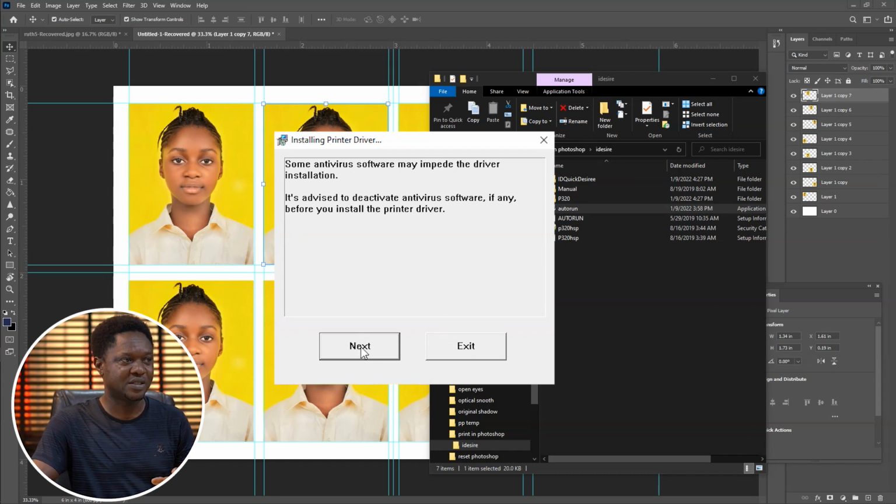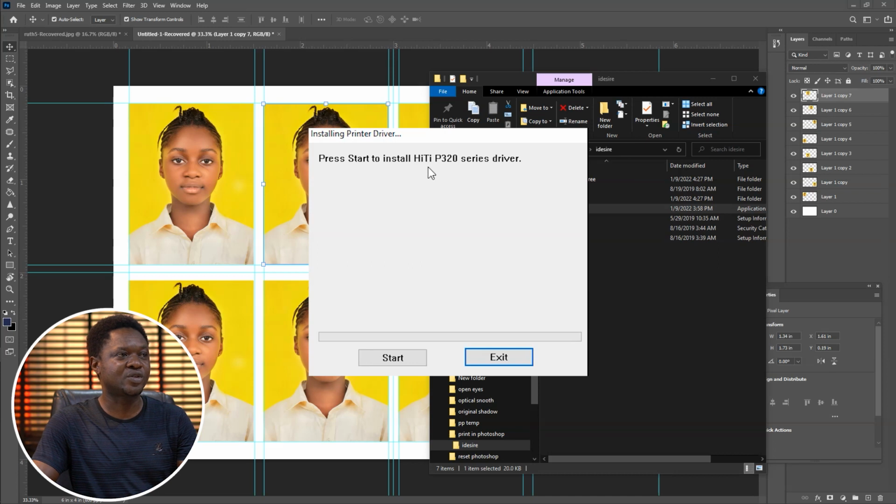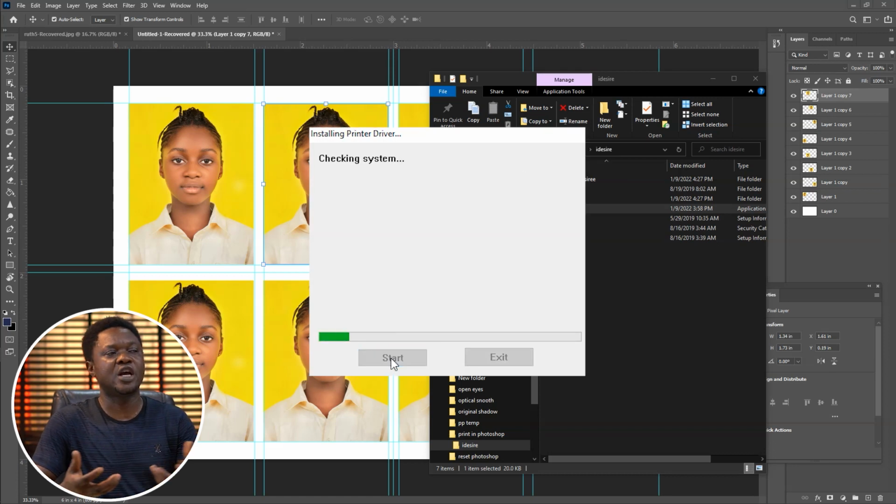So you click next. Press start to install the Haiti P320 series driver. You see the driver I'm talking about. You have to install the driver so that you'll be able to print from your Photoshop. So you have to click start. It's going to check the system. After checking the system,